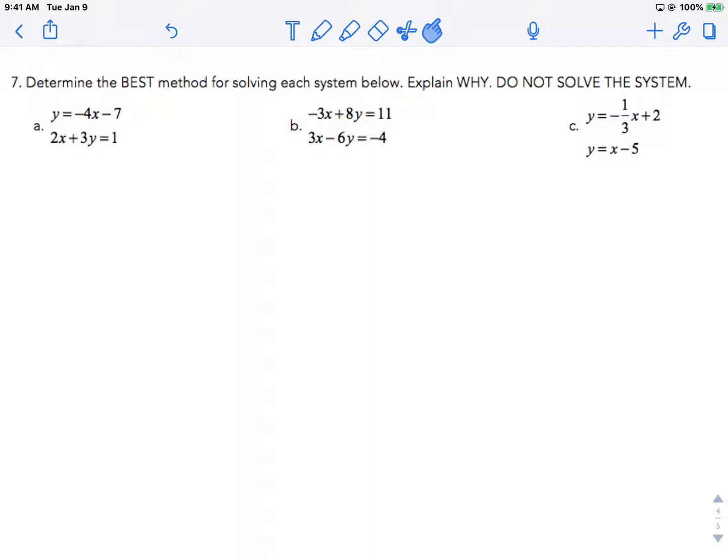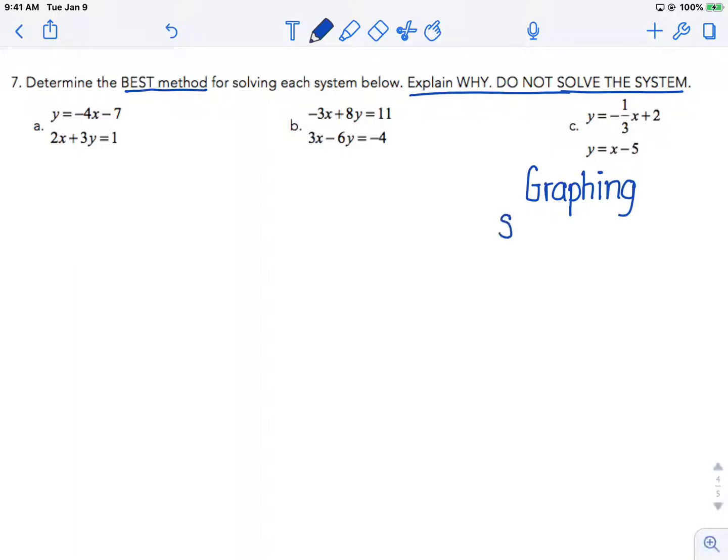In number 7, then, you don't solve the systems. You're going to be specific about what method you would choose, so determine the best method, but then you need to explain why, but don't solve the system. So for instance, I might look at letter C, and I notice that they're both in y equals form, and they're both in that slope-intercept form. So I might say graphing, but what you say afterwards is really the answer to the question, not just naming a method. I might say graphing since both